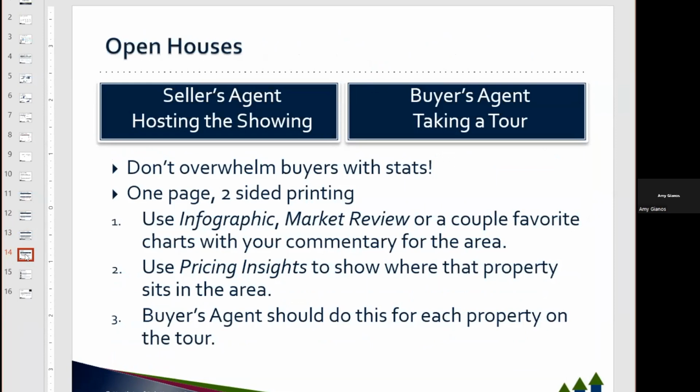All you need is one page. Pick one of those high-level dashboards, whether it's the infographic or the review, and put that on one side. You can even put a little comment or two on there if you want. And then on the other side, throw the pricing insights for that particular property so they can see where it is. They'll be touring lots of properties and can sort of feel their comparison,